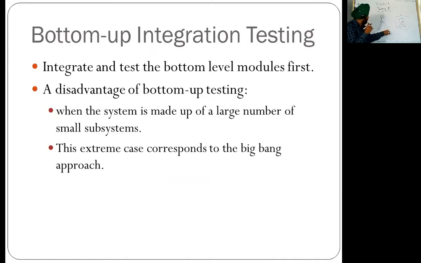First we will check M4, then we will check M3, then we will check M2. M4 will be checked, then M3 will be combined with M4 and checking will be done. Then in this result, M2 will be combined and checking will be done, and in the last M1 will also be combined and checking will be done. If there is no error, then we will combine M2 and M3, then testing will be done again, then we will combine M1. So we integrate one by one.